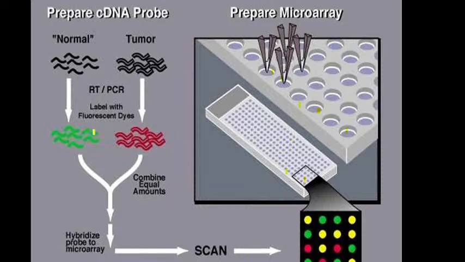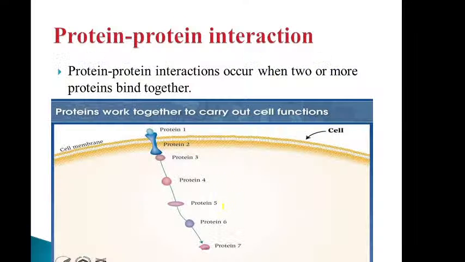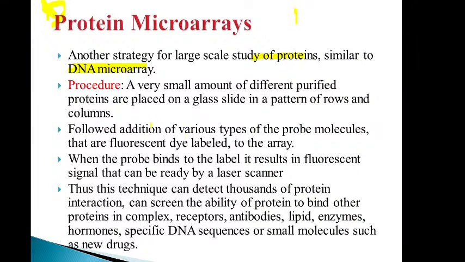So now what we are doing? We are just introducing the probes here. What will happen after it? When the probes bind to the label, it results in a fluorescent signal that can be read by the laser scanner. So when the probe, which carries a fluorescent dye, binds with its specific target, we are able to get the color. Thus, this